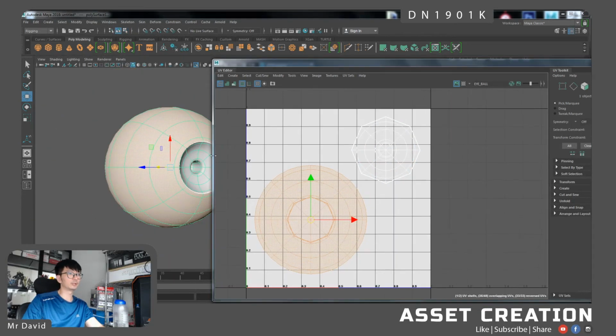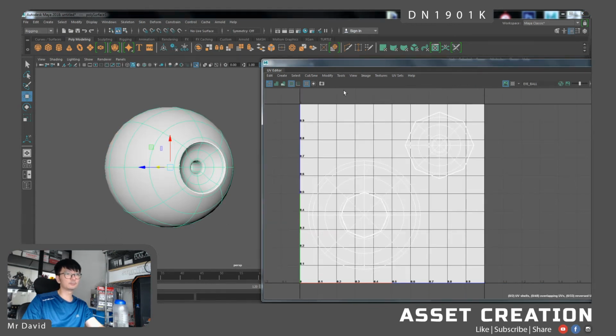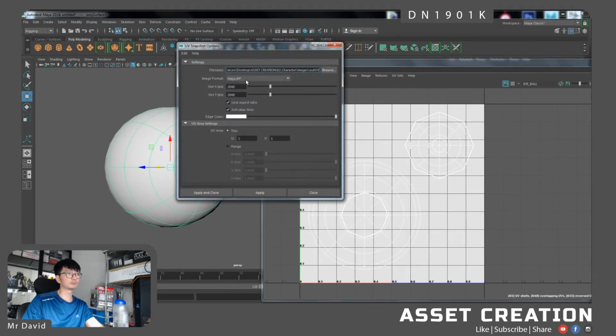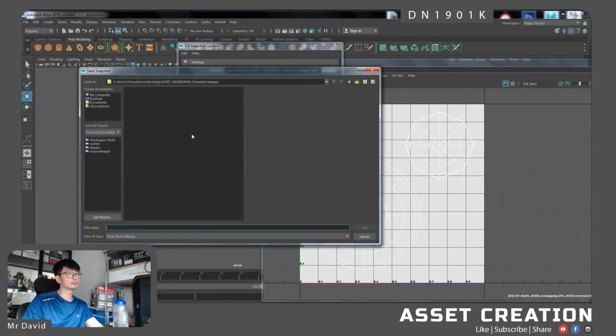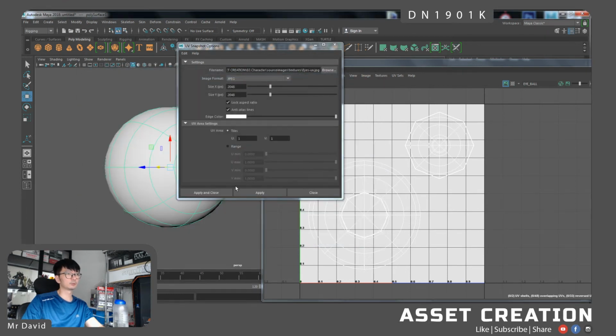So with that, I'm going to save this object UV to a separate folder. Save it as JPEG. Have it under my source images, texture. I'm going to override my eyes UV, right? Yes,